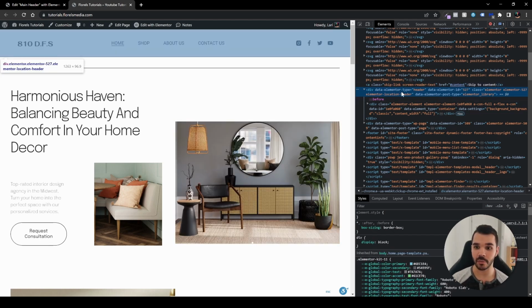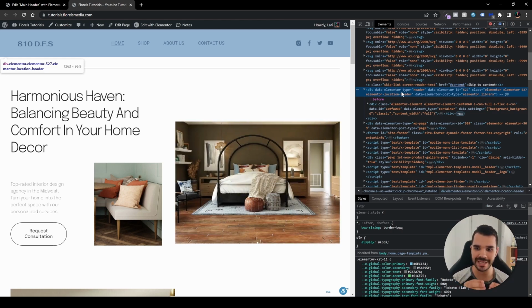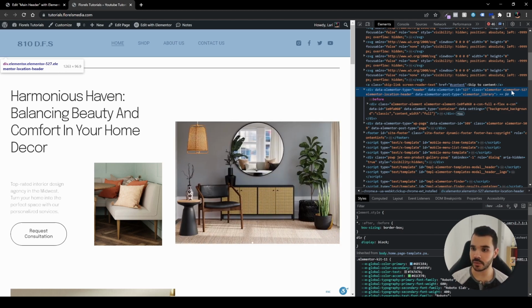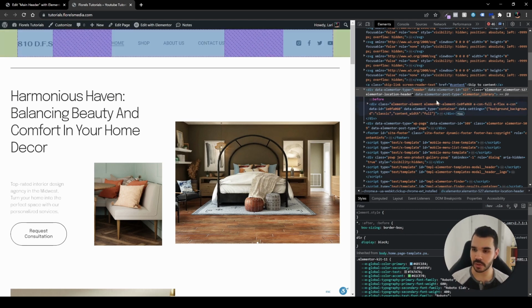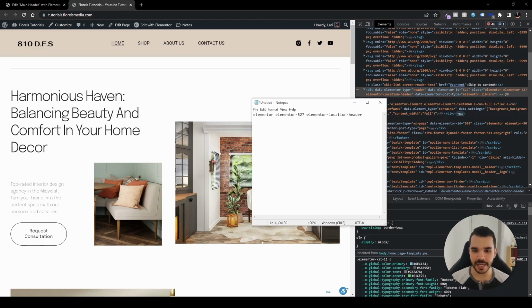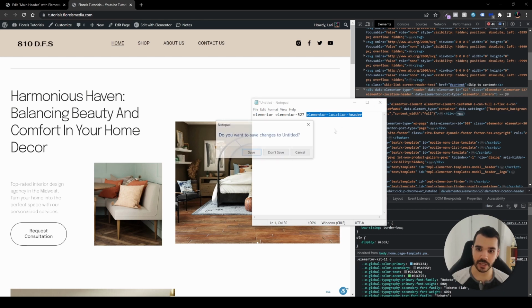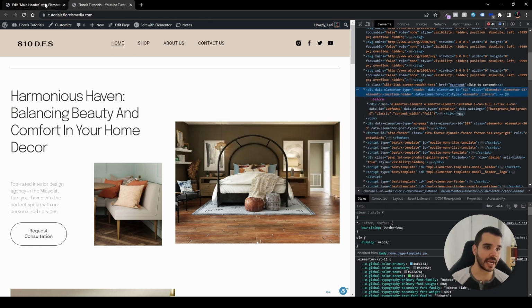So right over here, we want to set this up that way so we'll be able to choose what exact selector it would look on. As you might be able to see here, I'm hovering on all these elements, and that element is exactly what we need here. We are going to go on Elementor 527 Elementor location header. So let's head over here, let's copy it. I usually copy it to a notepad, for example, and I have the Elementor 527 and Elementor location header. So I'll copy that exact class, I'll exit it, I don't want to save it,